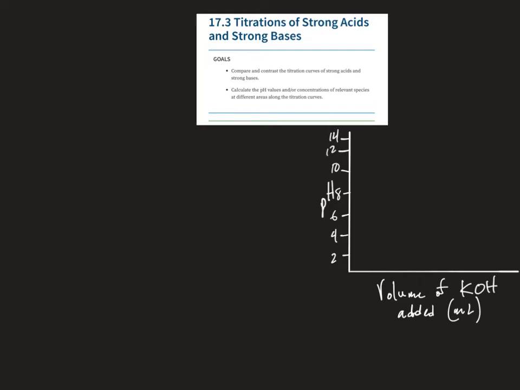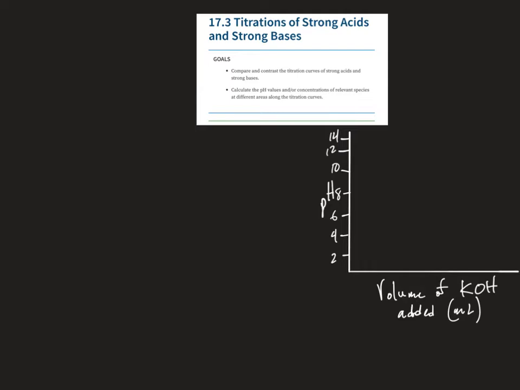All right, welcome to section 17.3. I put the course goals from the online book up there, and they read: compare and contrast titration curves of strong acids and strong bases, and calculate the pH and concentrations of relevant species at differing areas along the